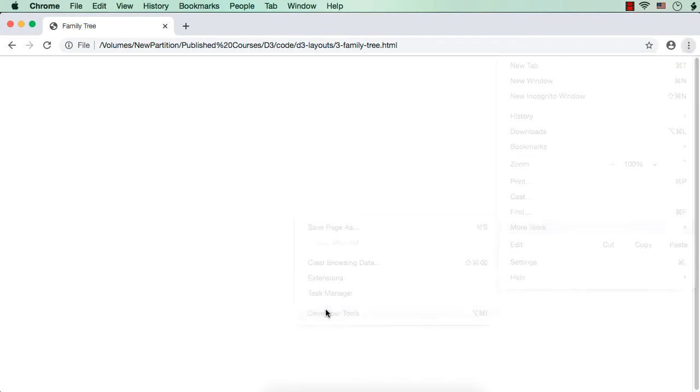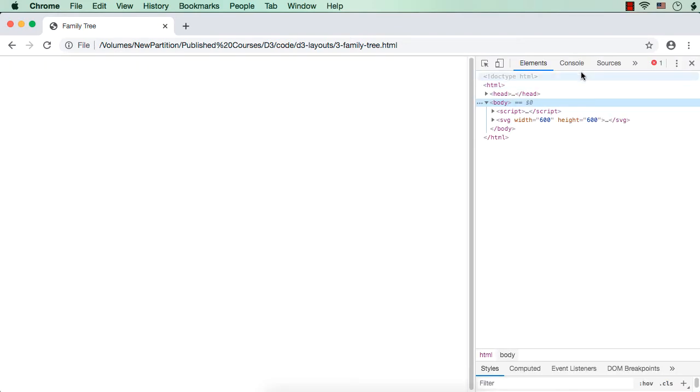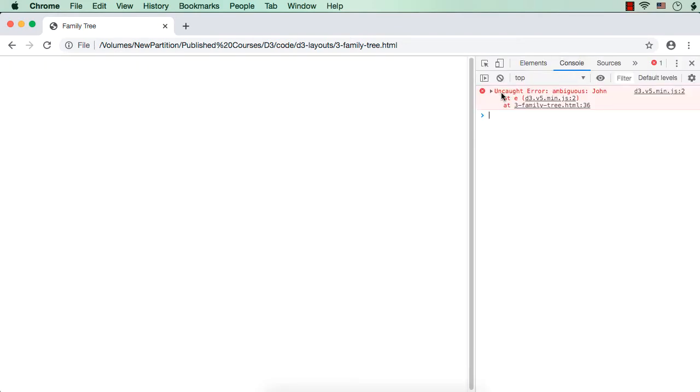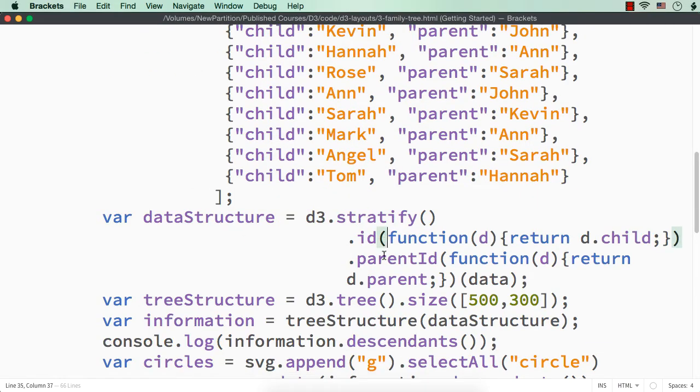More tools, developer tools. And here we are able to see the error: uncaught error ambiguous John at d3.v5.min.js at 3, familytree.html 36. So if we go to line 36, this is the line. What happens here?